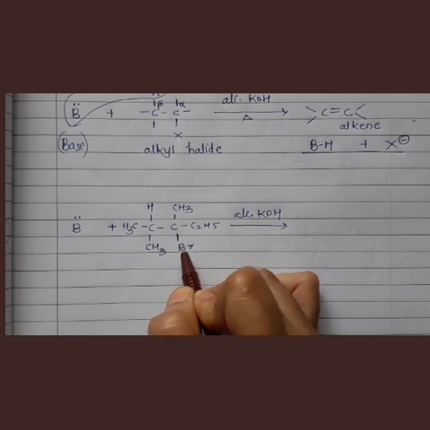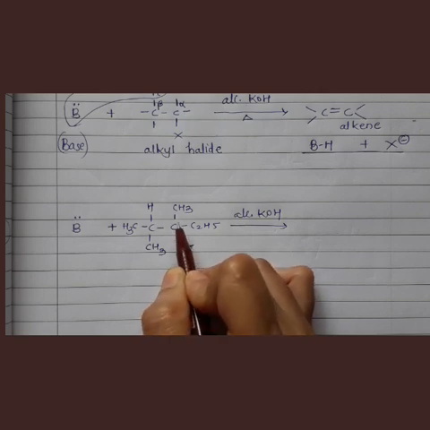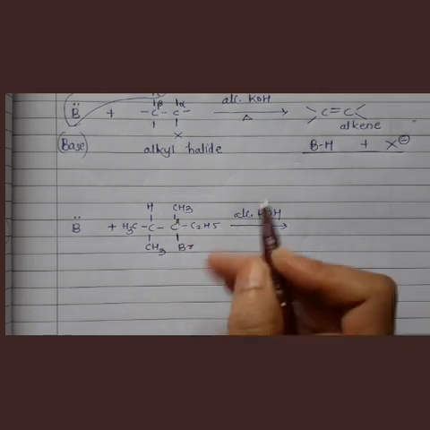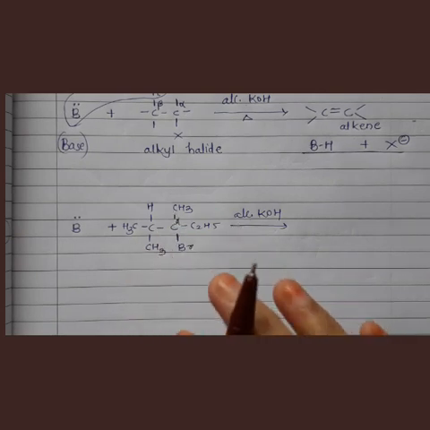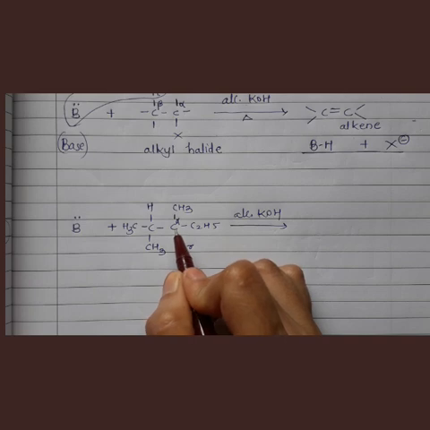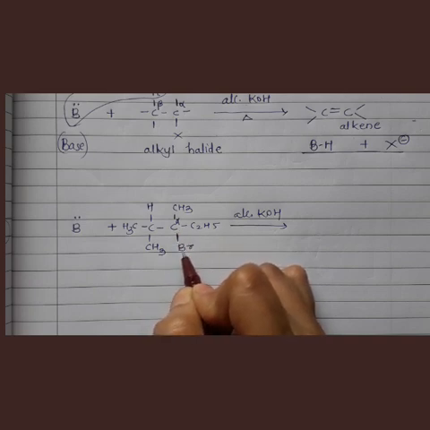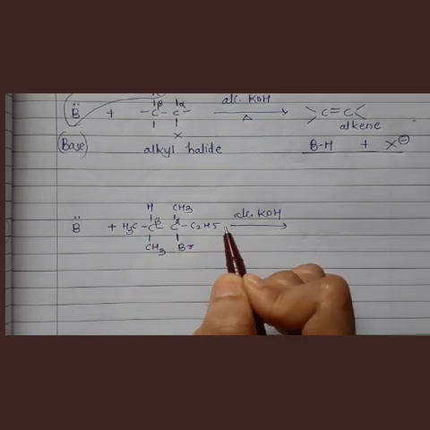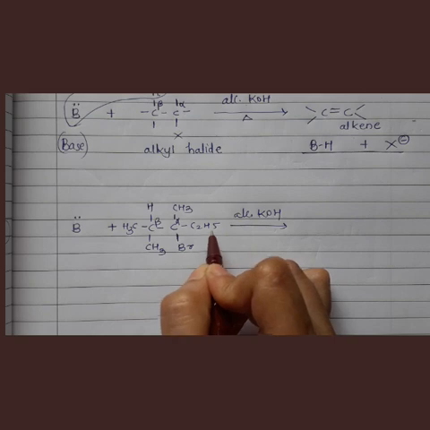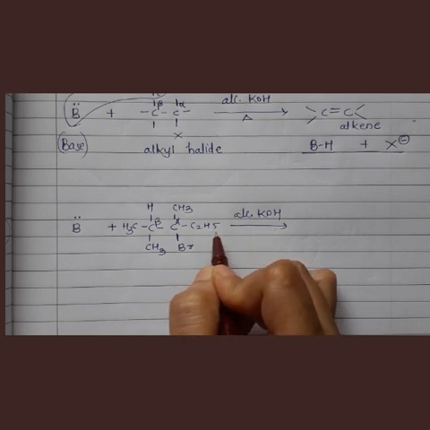Now with respect to this bromine, this carbon atom is alpha carbon atom. See now here many carbon atoms are there, here 2 carbon, here 1, here. But alpha carbon atom is that carbon atom to which halogen is directly attached. So this is alpha. Go on this side, this is beta. Now on this side also you will find beta hydrogen atom.